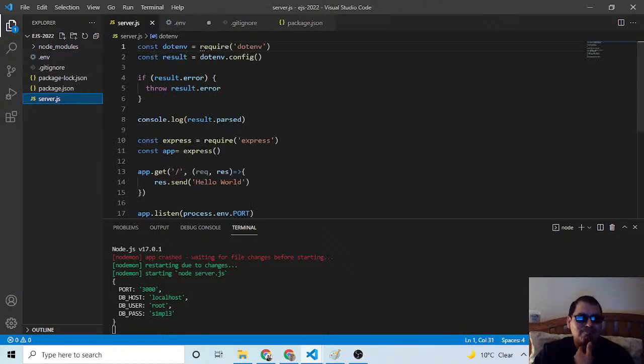Okay, so I required dotenv, and then to that I said .config, and if the result has an error, throw an error. Yeah, but let's say I am in development mode.